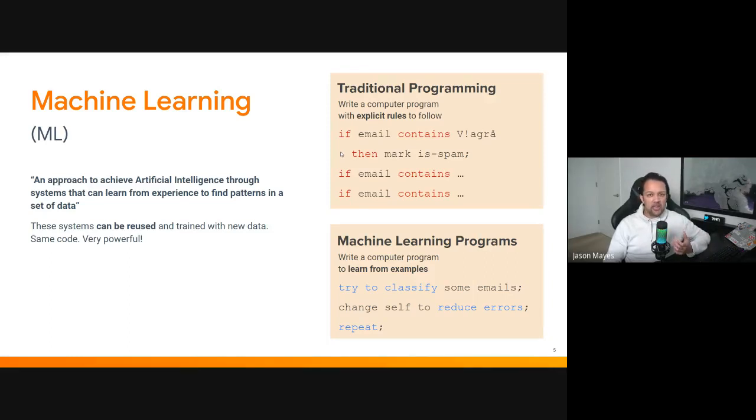Now, in the old days, when we did programming, if we were trying to make a spam filter for email classification, we may have had to have a bunch of conditional if statements, as you can see in the top right hand here. So if the email contains a certain word, then mark it as spam. If it contains a different word, mark it as spam. And that's good, but of course, this means the human has to maintain this list, and the spammer can just change the word slightly, and then you have to implement that. Otherwise, they can get past the system.